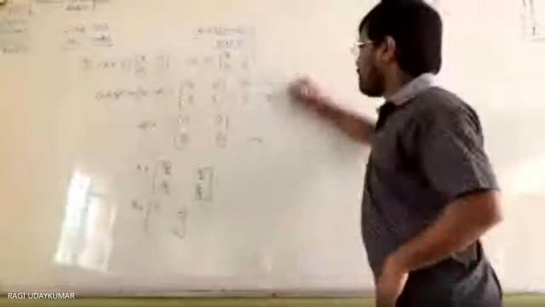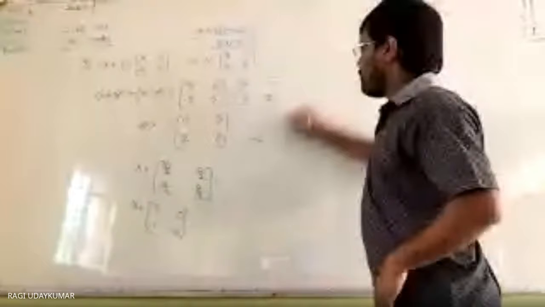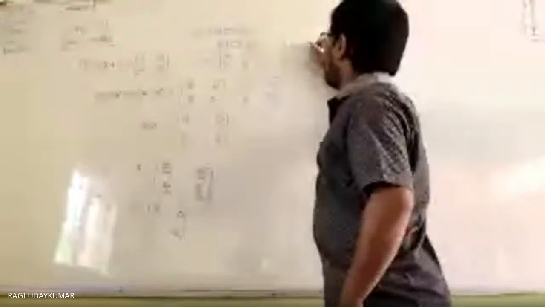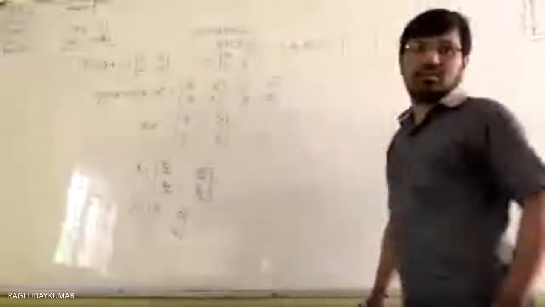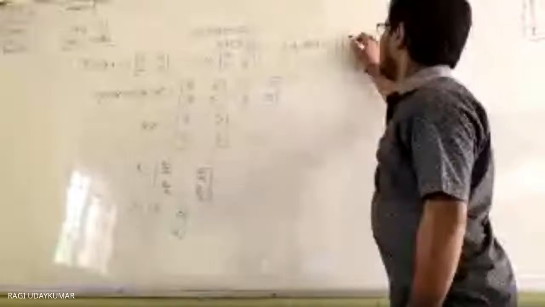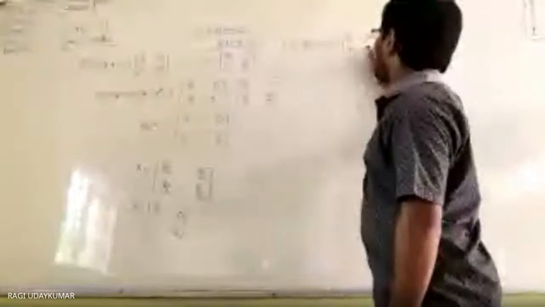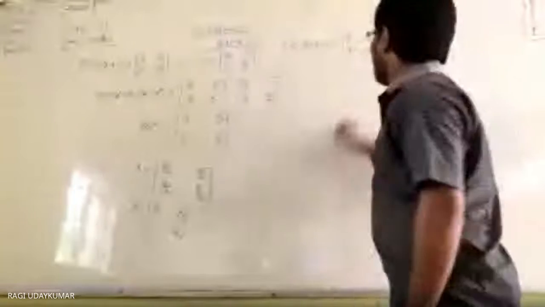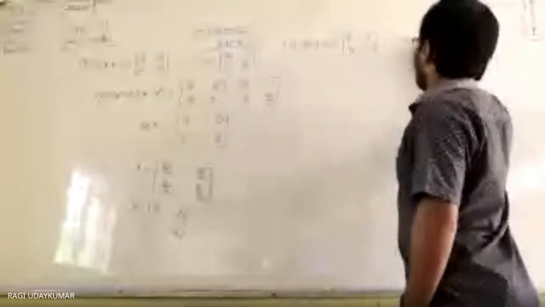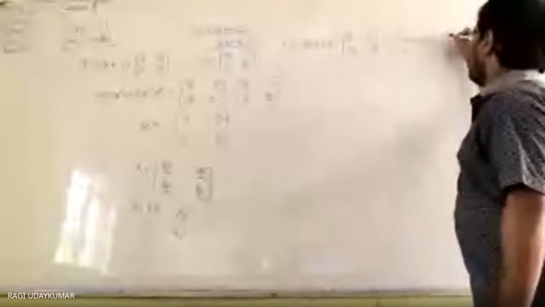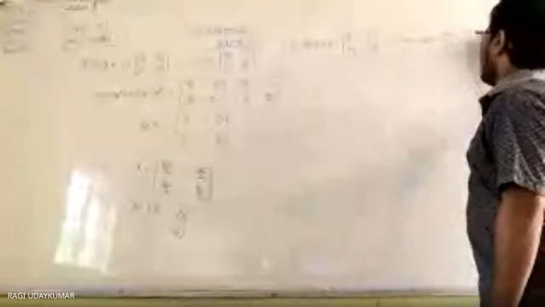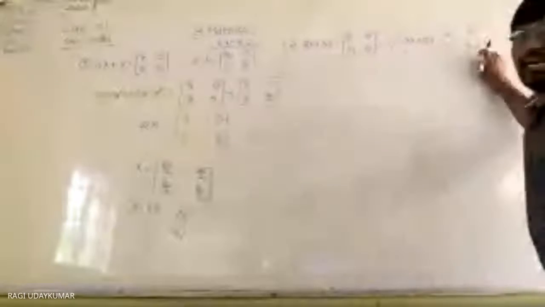Yes, sir. Okay. Next is the second problem. If you see the second one, what is the question given to you? 2x plus 3y is given to you as a matrix, that is 2, 3, 4, 0. Next, 3x plus 2y is given as another matrix, that is 2, minus 2, minus 1, 5. Is it visible to you till here?